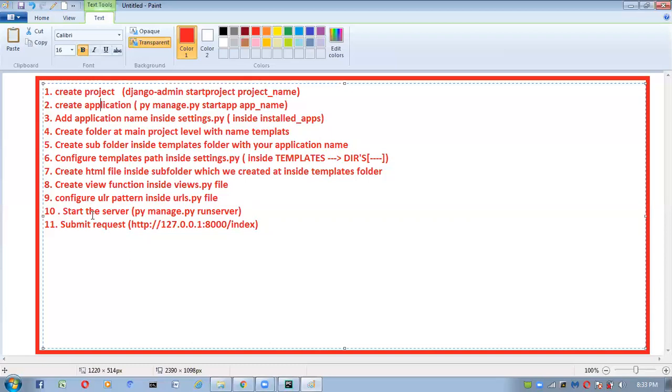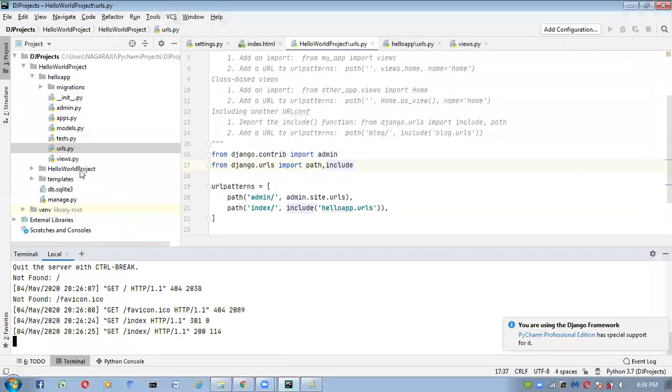Next, start the server and submit the request. Only these 10 to 11 steps we have to follow to add templates inside our Django project.